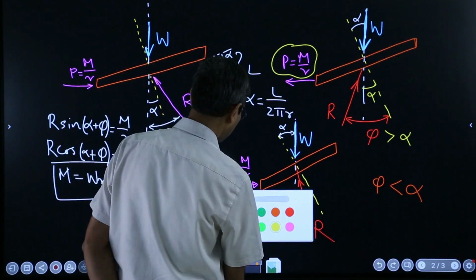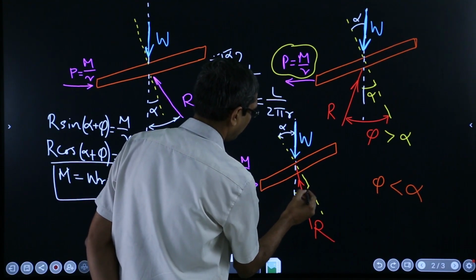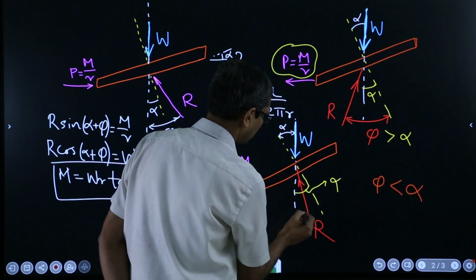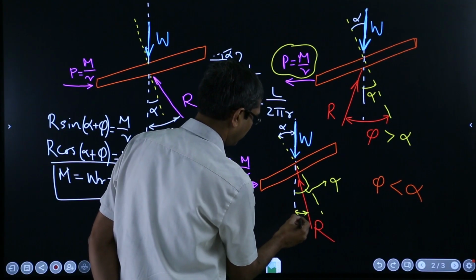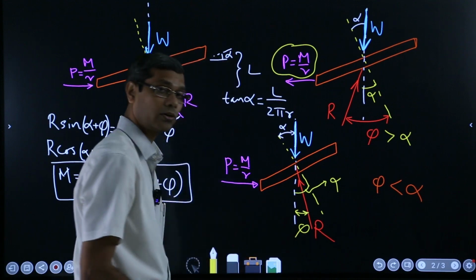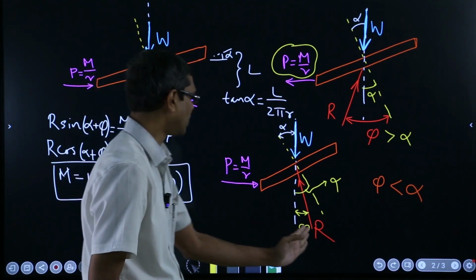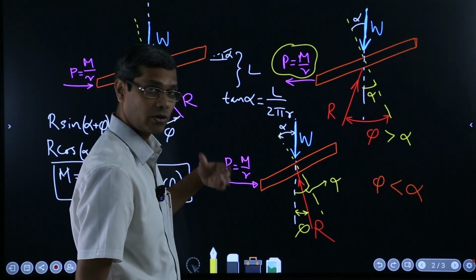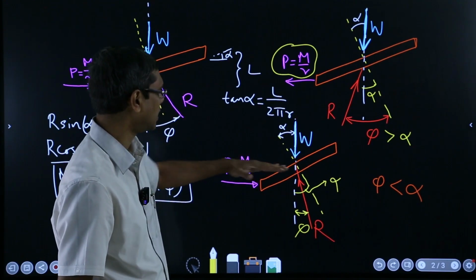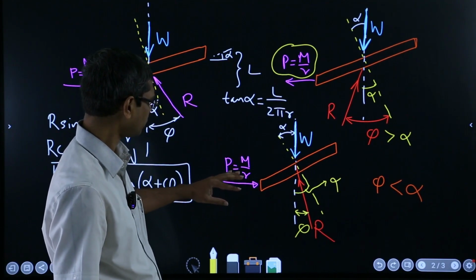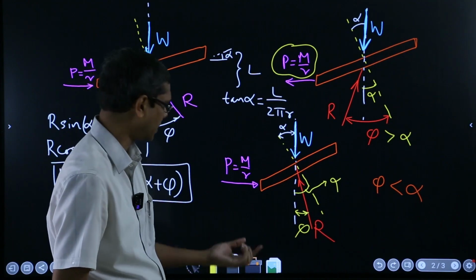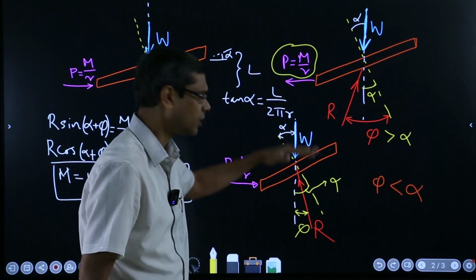So this is alpha, this is phi, and it is again on the verge of slippage, but you are applying this force in order to keep it balanced. Otherwise, if you remove this force, which is actually keeping it intact, the thing will fall